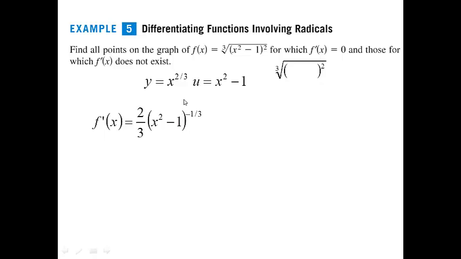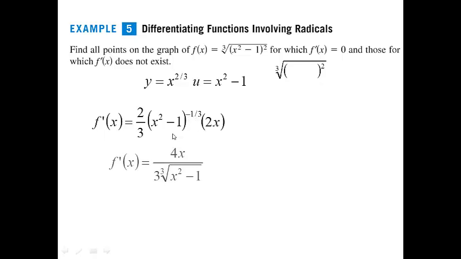Don't get confused by the fractions, okay? And then we're going to take the derivative of the u and we'll multiply it. So the derivative of the u would be 2x. Okay, I want to clean this up a little bit. Take the 2 times the 2x, make 4x over 3, and since this is a negative 1/3, that has to